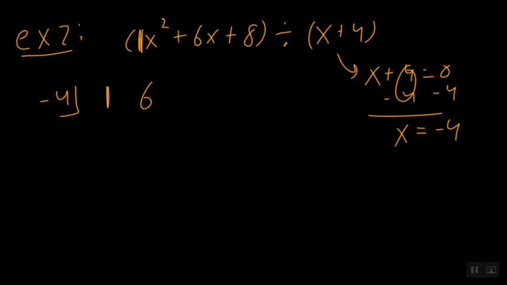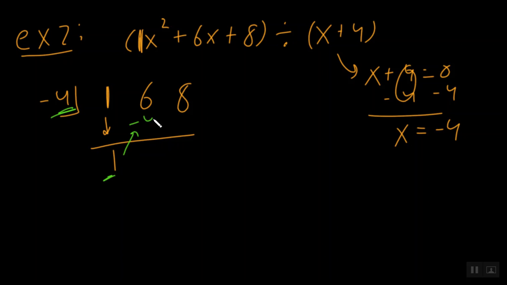There's a 6x, so I write 6. And there's an 8, so I write 8. And now once I've done that, and I set this up, I now drop my first term, 1. Okay, switching to a different color, we have negative 4 times 1. Here's where we multiply, and negative 4 times 1